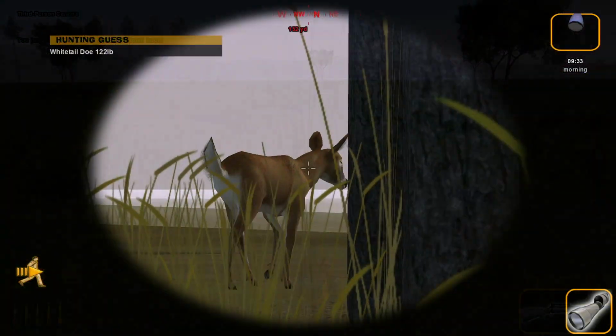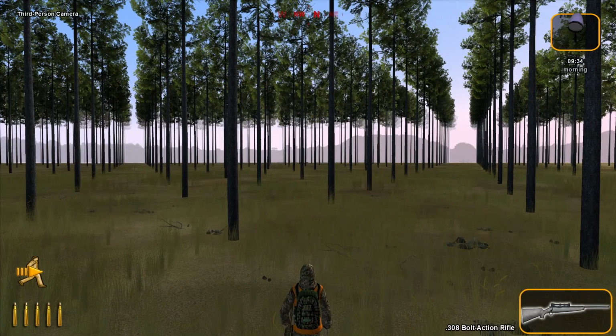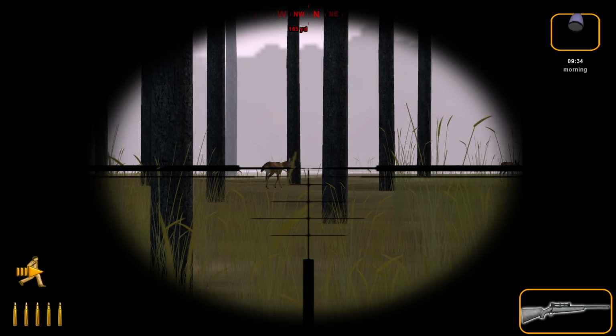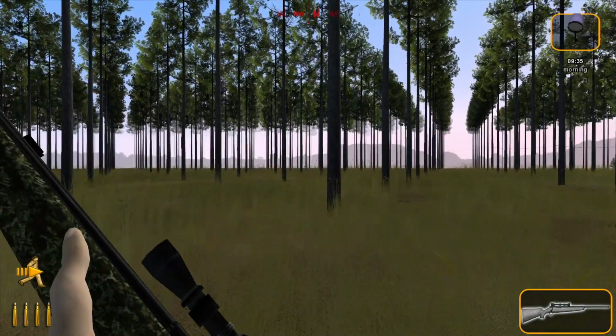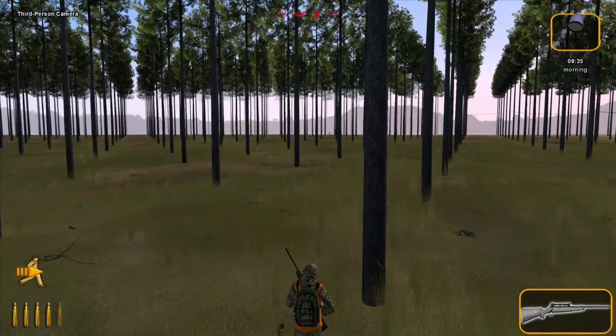to see. And it took a little longer than expected to get back on a doe, but it doesn't really matter which one we go for. This one's not nearly as big as the last one. I think it's at like a 122 guess,